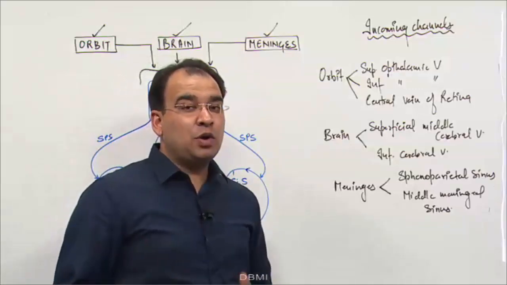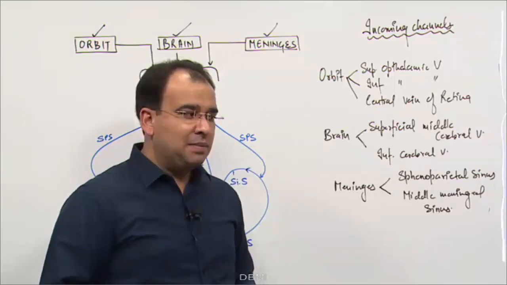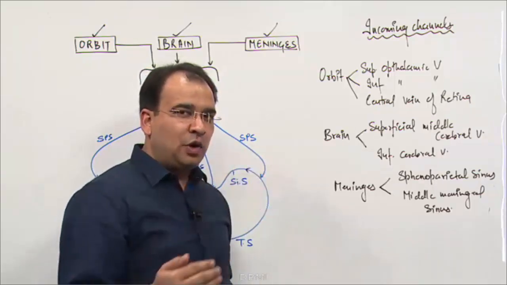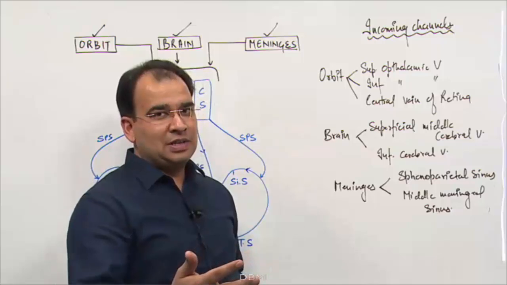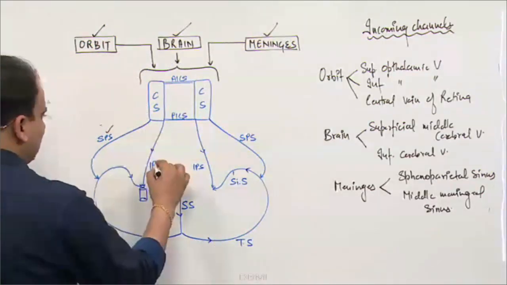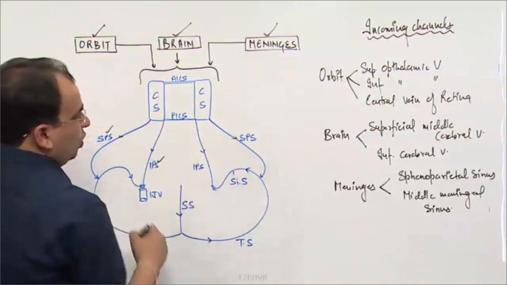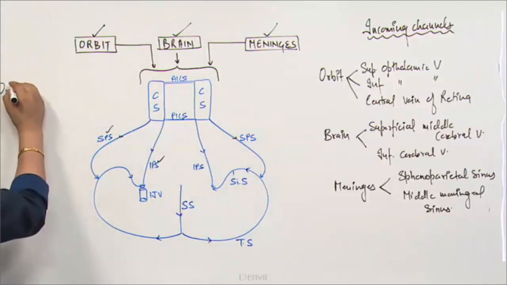But if the question says what are the outgoing channels, especially they ask this question in the PG exam, they will ask you which of the following are the outgoing channels of cavernous sinus. Now we will say outgoing channels of cavernous sinus are simple. One is superior petrosal, one is inferior petrosal. These are the outgoing channels. But no, outgoing channels are